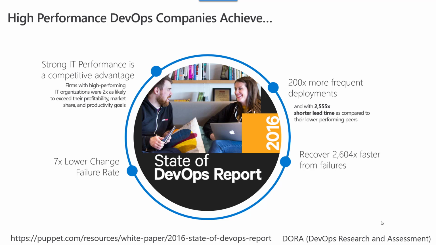The main idea of recovering from failure, let's say, for example, after they deployed the new version in production, the application is not working properly, and they need to fix that. Or maybe the current version of the application has a problem in production and the service is not available. So if the company at the top will fix the problem in 1 hour, the company at the bottom will fix the problem after 2,600 hours. And why is this?